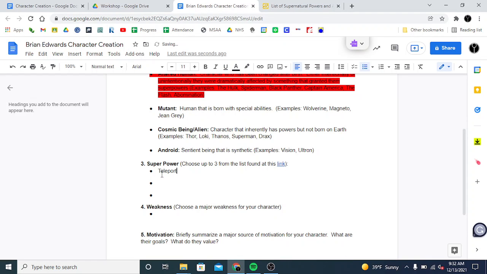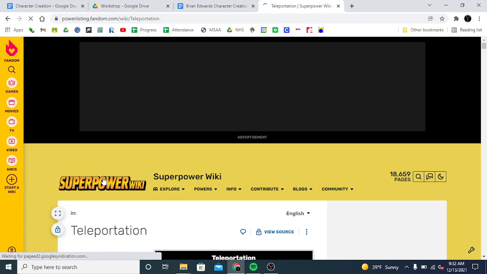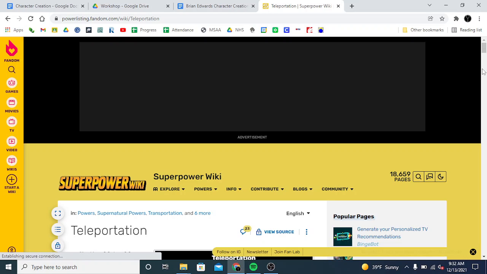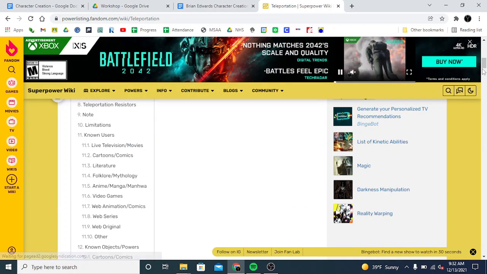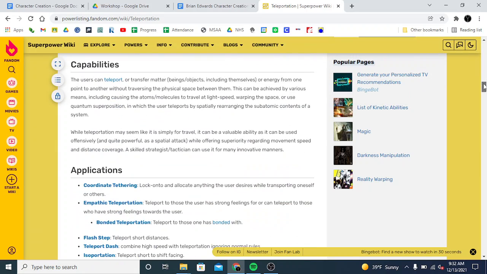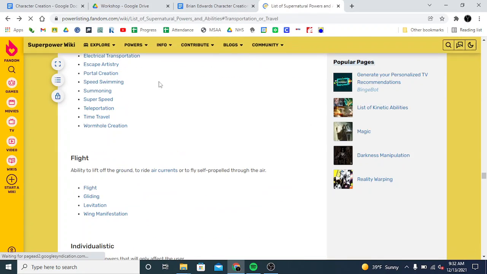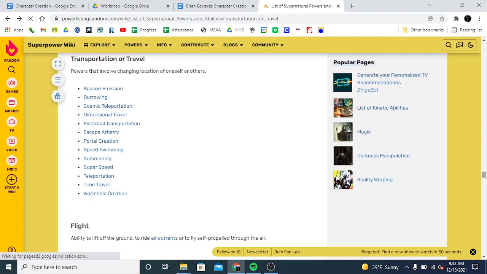And if you click on that ability, if you're not sure what it is, this will actually describe what it is. So if you click on teleportation, it'll tell you what teleportation means, actually. It's kind of cool. Hope there's nothing bad in these ads. Doesn't look like it. All right, good. Yeah, kind of describes it. All right, so that's the first ability. You can go up to 3. I'm going to go with 3. Yeah, I'll do 3. So teleportation.